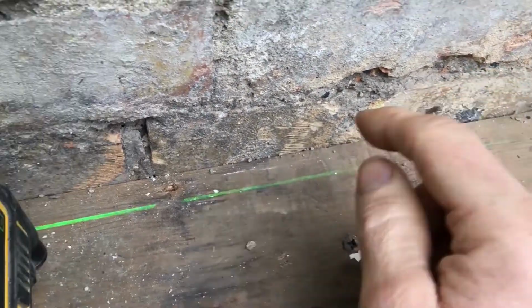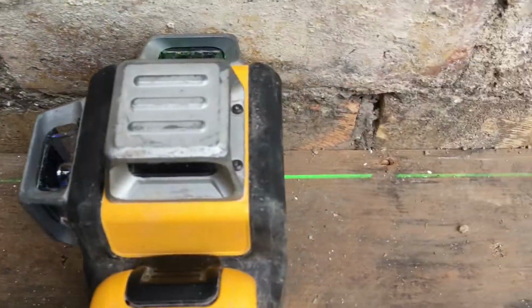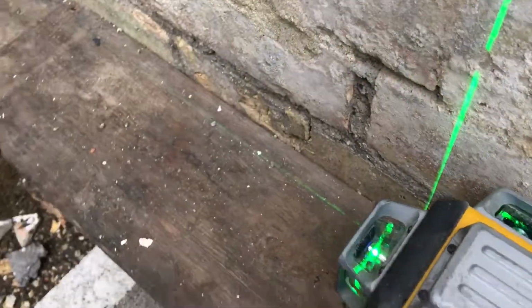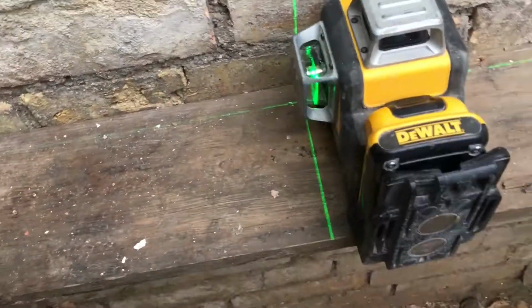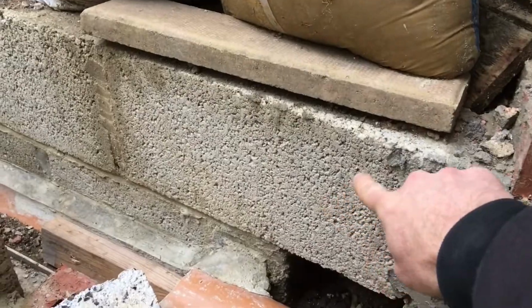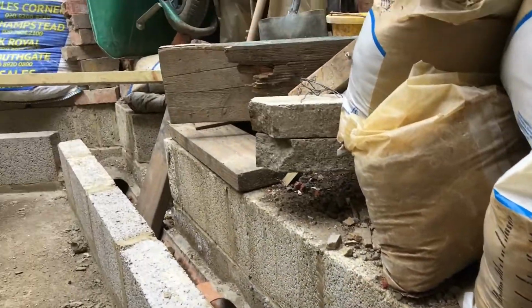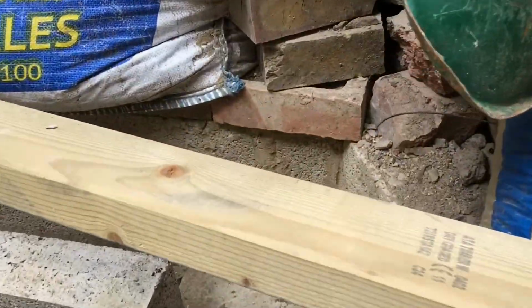Now I've defined this laser line as being parallel to the back wall of the house. Switch on another dimension here, and I've defined my right angle to the back wall of the house. Because I've defined the entire plane, I can go down here on the ground and pick it up wherever I need to. You can see I've built this little retaining wall with a gully drain behind it that's already going